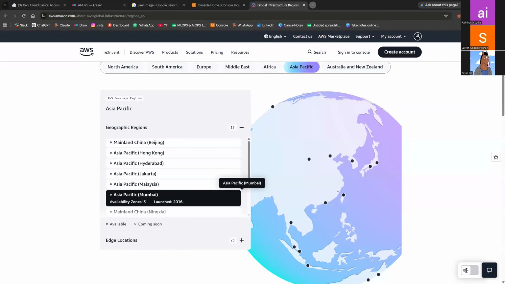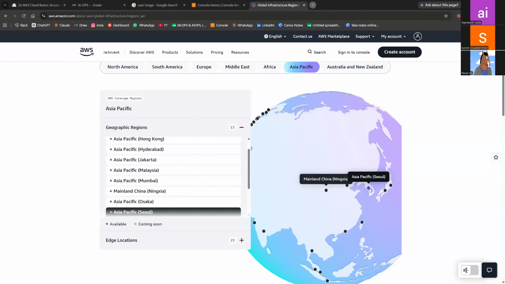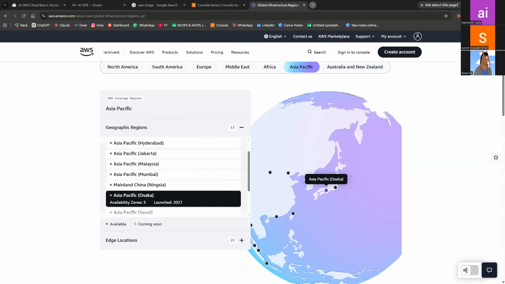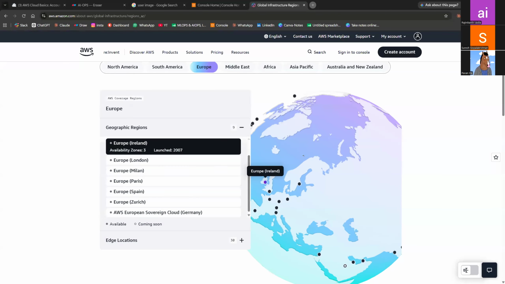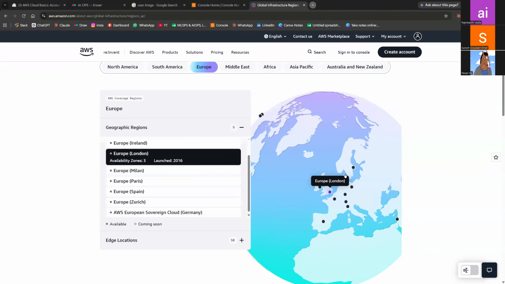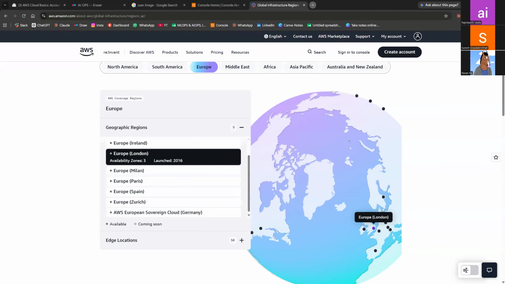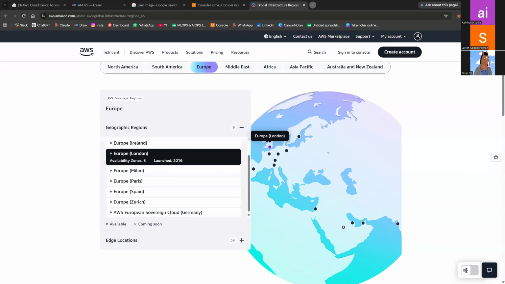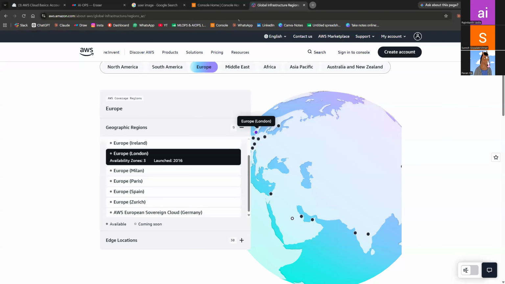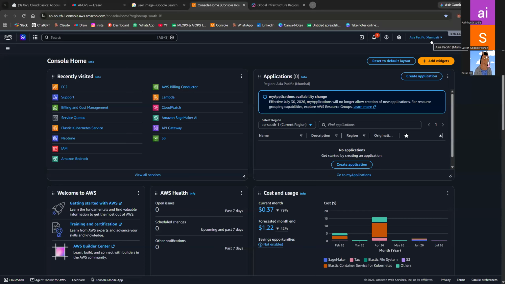Similarly, here is Hong Kong, China, Pacific, and Osaka. Across the globe you can see wherever these data centers are hosted: Europe, Ireland, London. You can see all this graphically. Right now I'm in the Mumbai region.